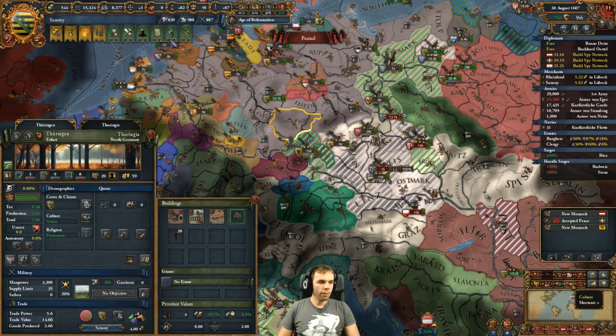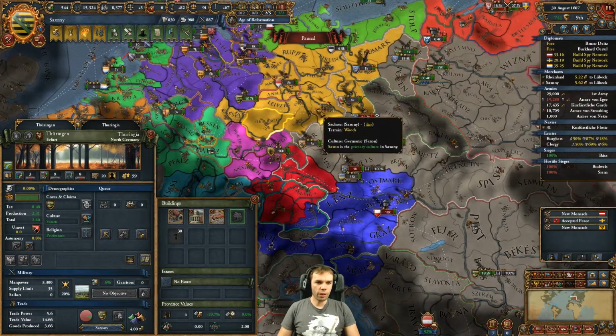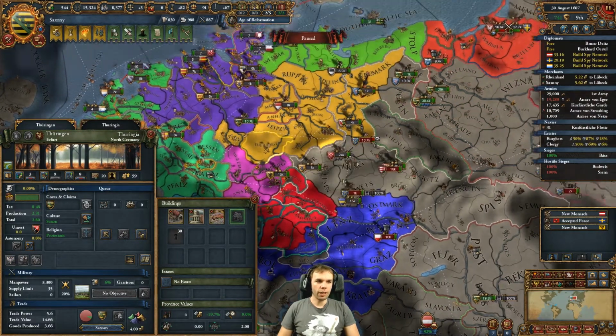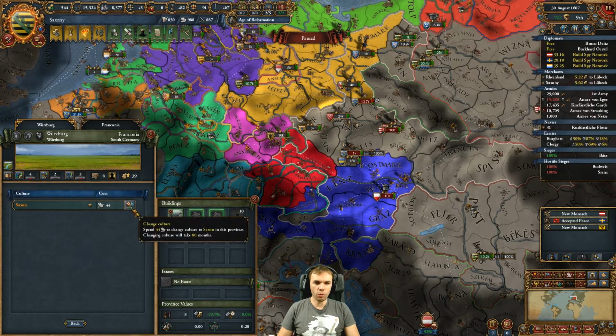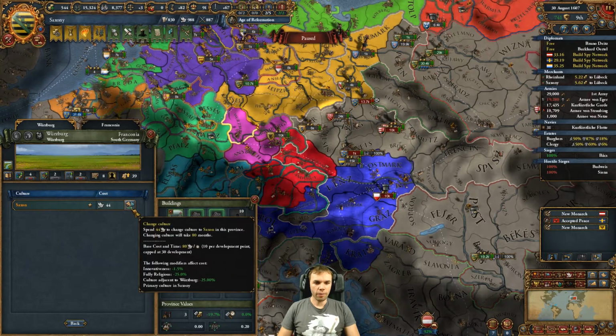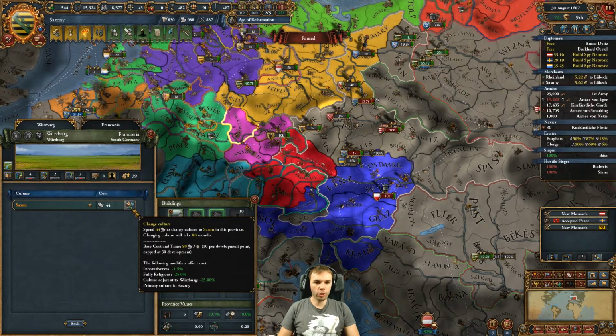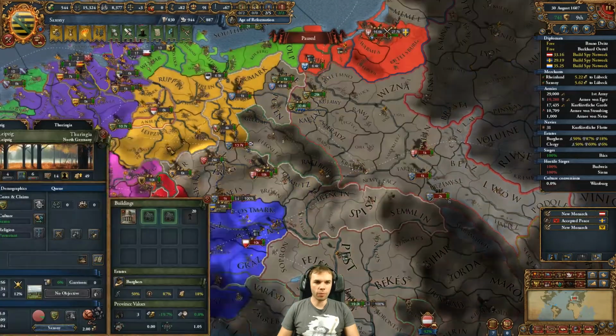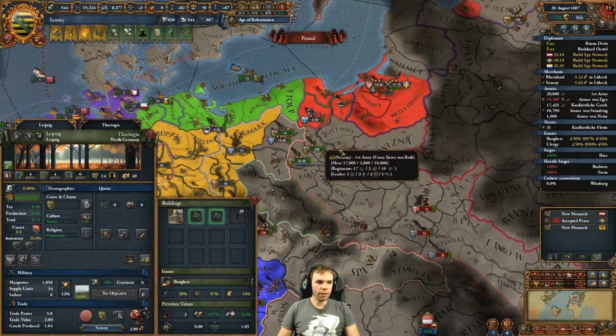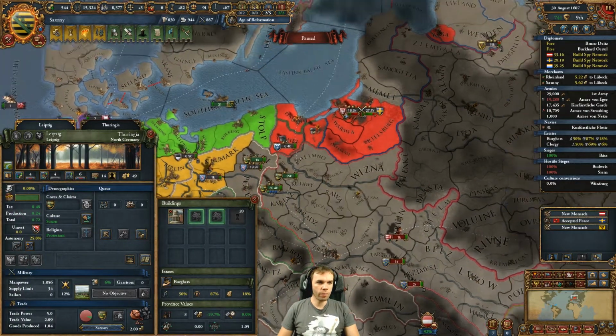Now, we're pretty close to ending this war. We already won it, but I wanted to have a quick look at whether we should change some cultures, and we do want to do that. Surely we want this to be Saxon. Also, we're capped on dip anyway, so that's cool. The same thing probably goes for...